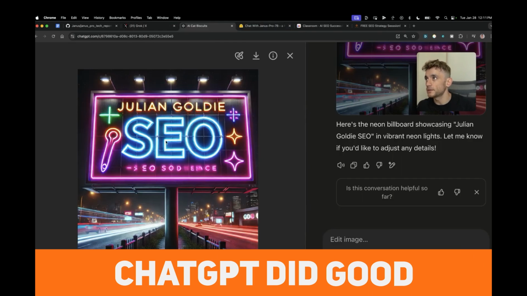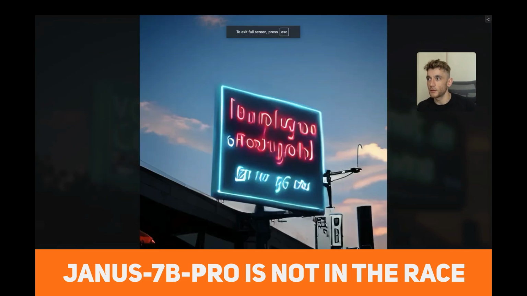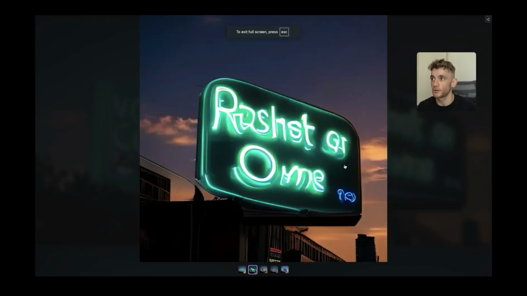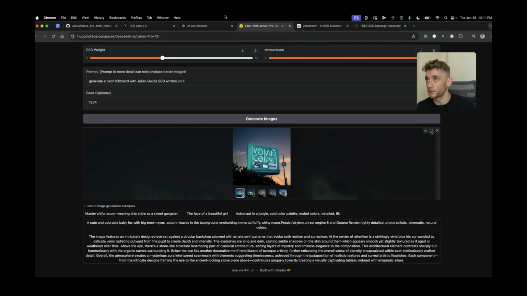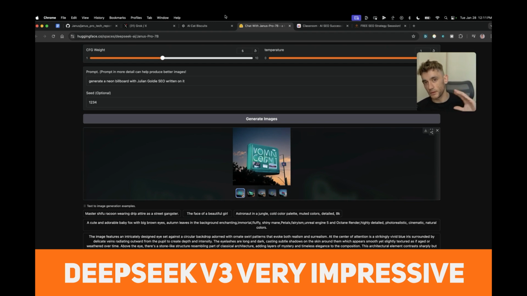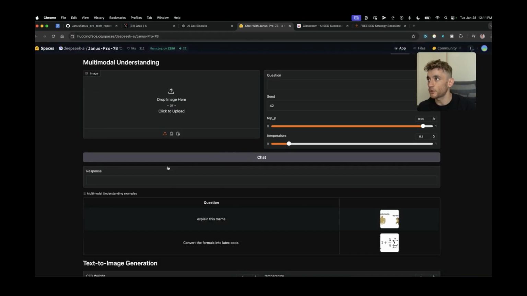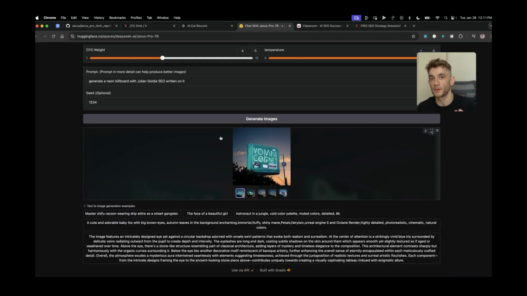ChatGPT did good if you just crop it down to there, then Janus-7B Pro is not in the race, if I'm honest with you, and it could be a long day in the office. But don't get me wrong, DeepSeek R1, absolutely amazing. DeepSeek version 3, very impressive. APIs are awesome too. It's just 7B Pro, and it may be because I've not prompted it properly,